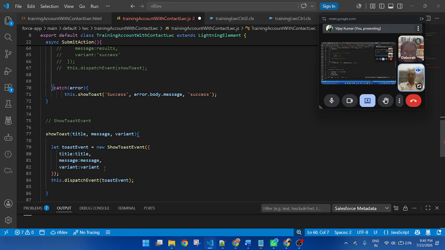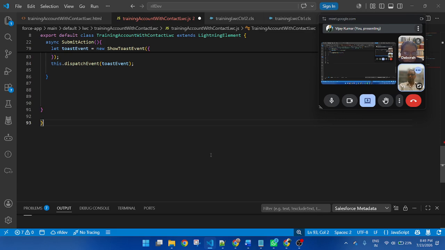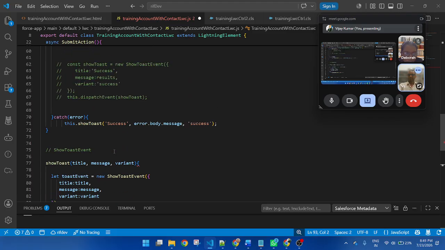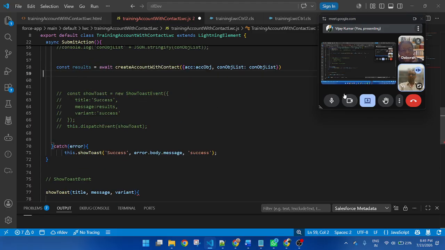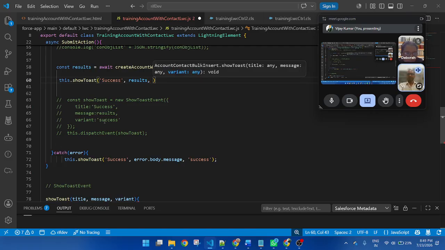If you want to display this toast message, that time I missed this bracket. This dot show toast is simply success, then result, this one, then variant success.